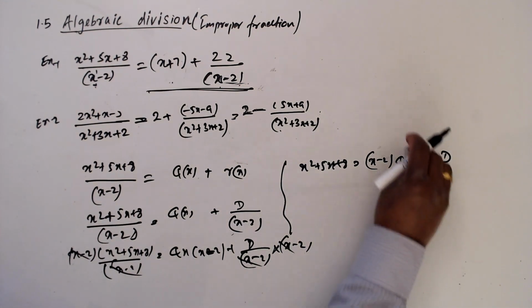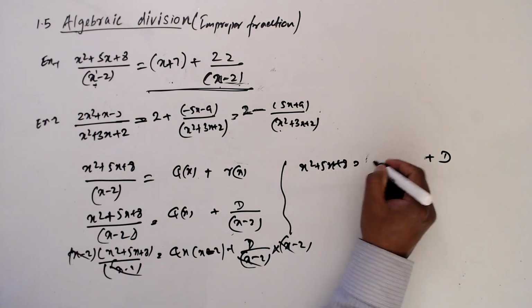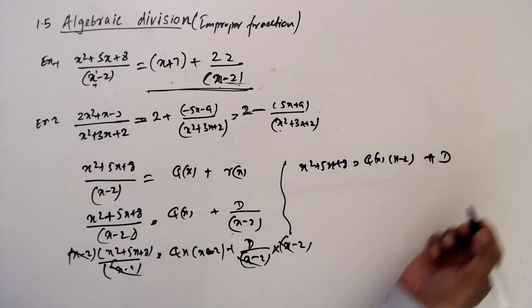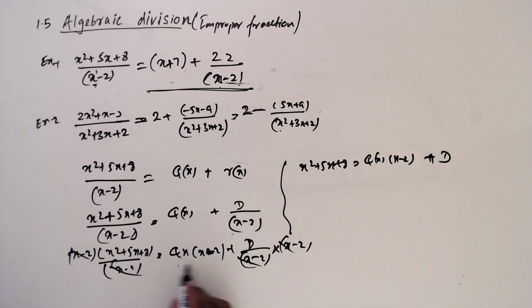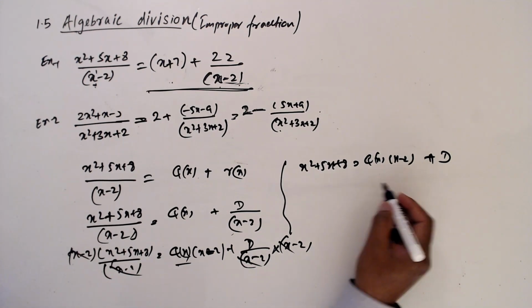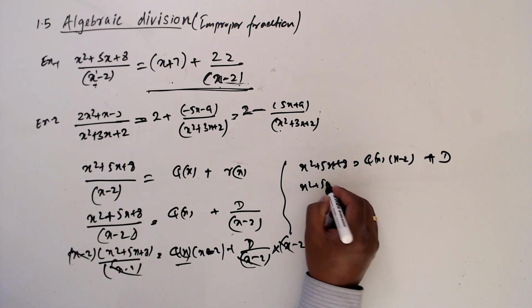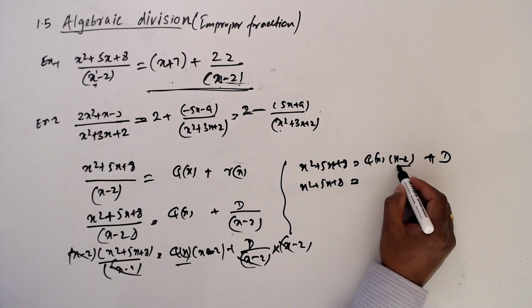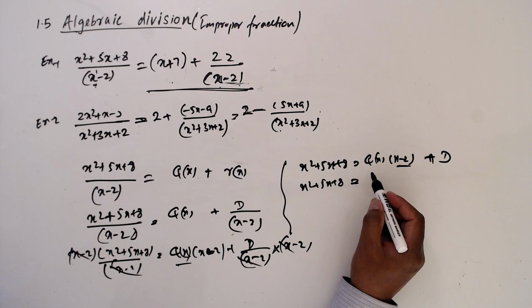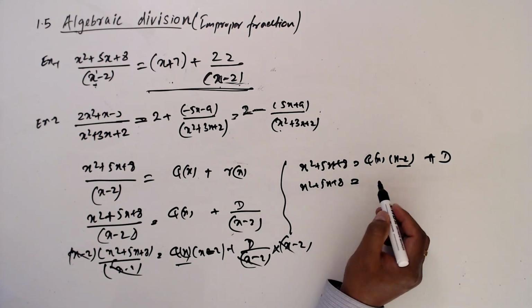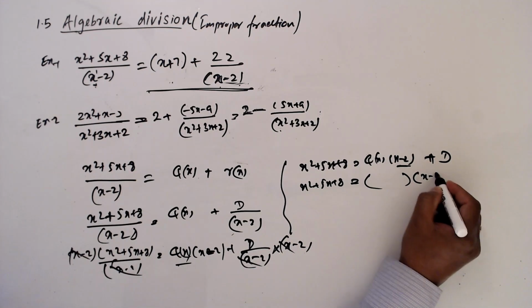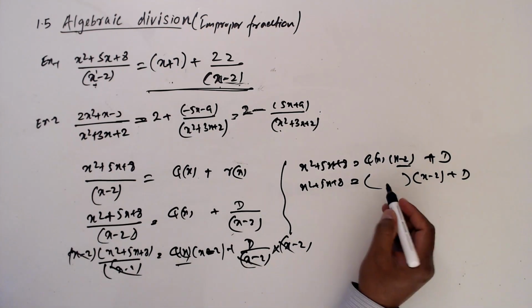Actually I'll change this one, that is qx times x minus 2 plus d. Now x square plus 5x plus 8, and x minus 2 is here, and I need the x square term here, so I am going to open a bracket and I am going to write